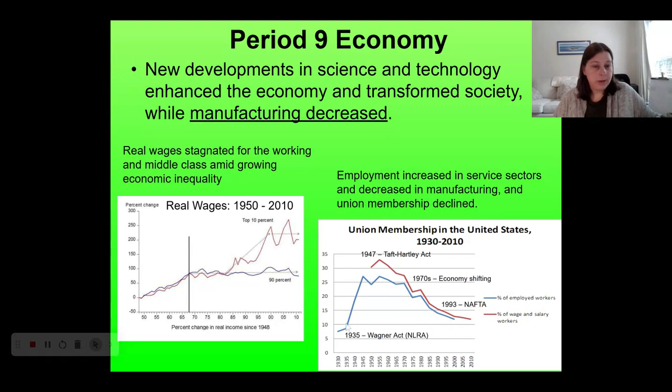So that's a connection you might commonly be asked to make by the College Board. Again, as manufacturing declines, the power of unions declines as well. The other thing over here on the left-hand side of the slide is what are called real wages stagnating. Real wages is not just the number on your paycheck, it's how much you can actually buy with your wages. It doesn't matter if you're making $1,000 a month or $2,000 a month, it's how much that $1,000 or $2,000 actually buys you in terms of groceries, for example.